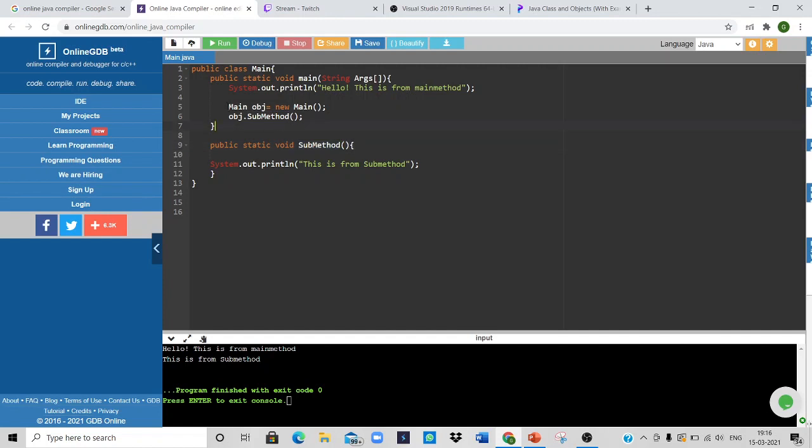As per the process, when we declare the object, instantly an object is created for this main class. After that line, we have obj.subMethod. This is called method calling in Java. Using that object obj, we are actually calling the method named subMethod. Inside of the submethod, when it is called, at that fraction of a second, compiler control will be given to the submethod. Here, the submethod will start executing. Okay, here we have the System.out.println line. So inside of the method, execution will start.